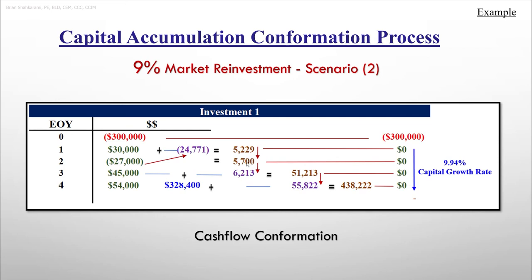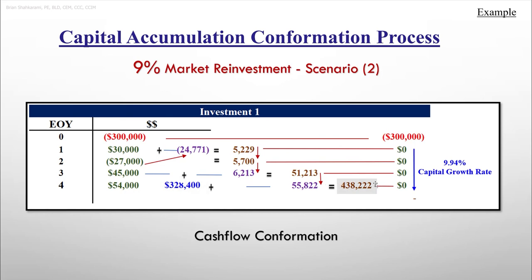of 9%. And then we end up projecting the year 2 of $5,700 into the future again at a 9% rate, which would give us $6,213. And we add this $6,213 to the year 3's annual cash flow, and lo and behold, we have $51,213, for which we are going to project into the future at a rate of 9%, which gives us $55,822. This is then added to the annual cash flow of year 4 and the disposition sale to give us